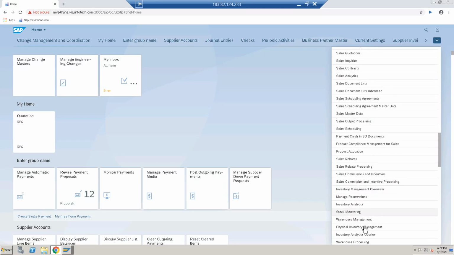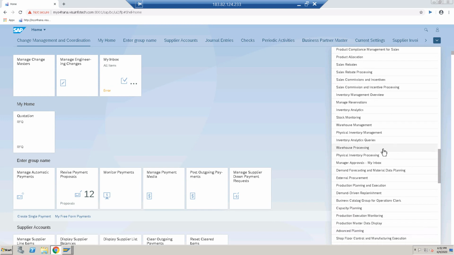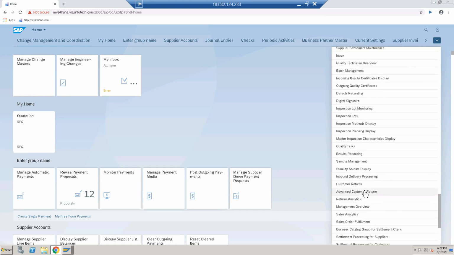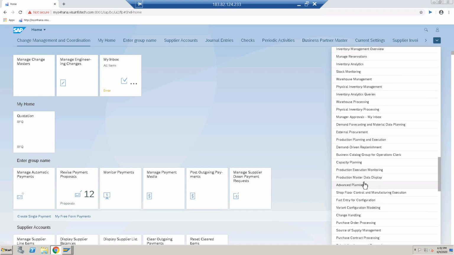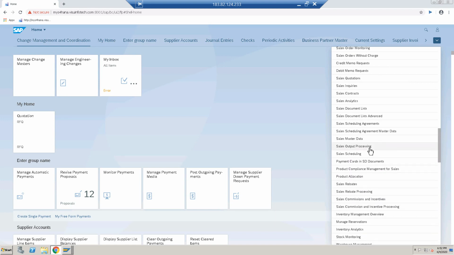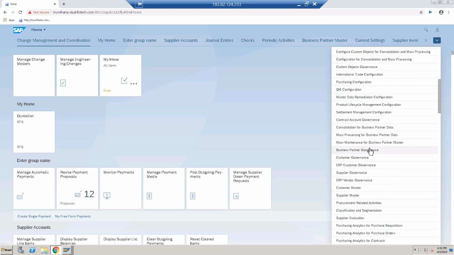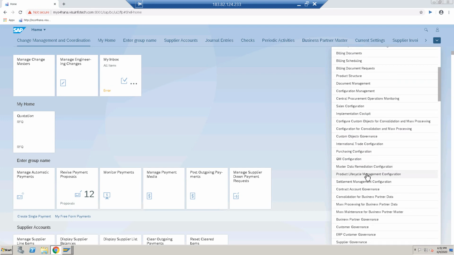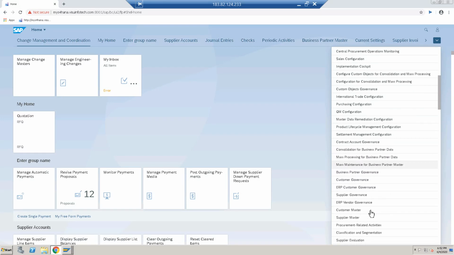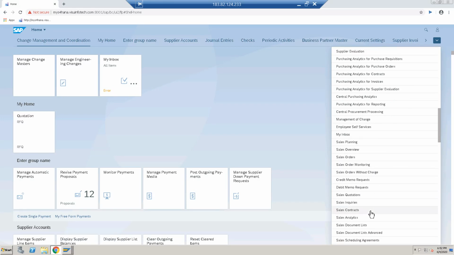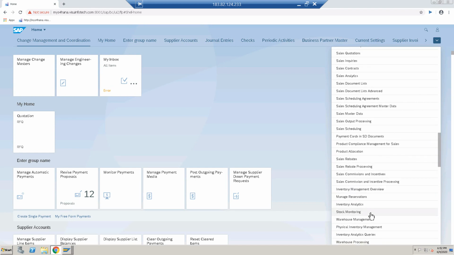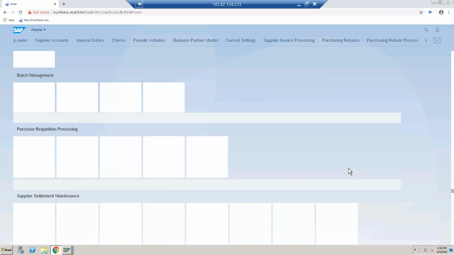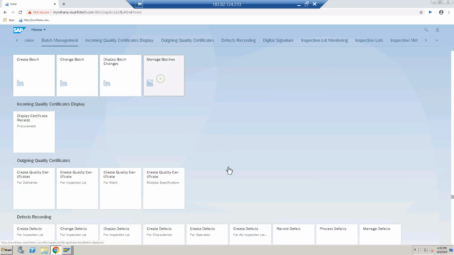Select the group for batch management. Here it is, batch management. Yeah, this is the batch management. Just click on Manage Batches. Okay, click on here.